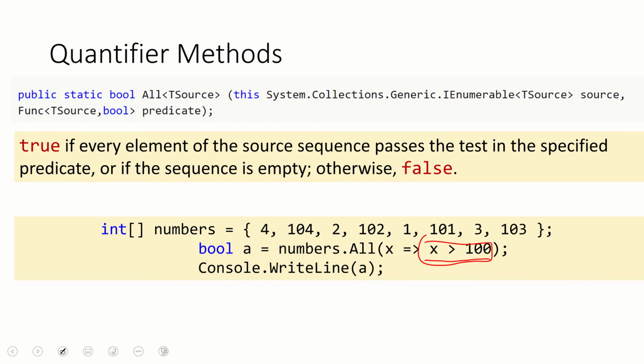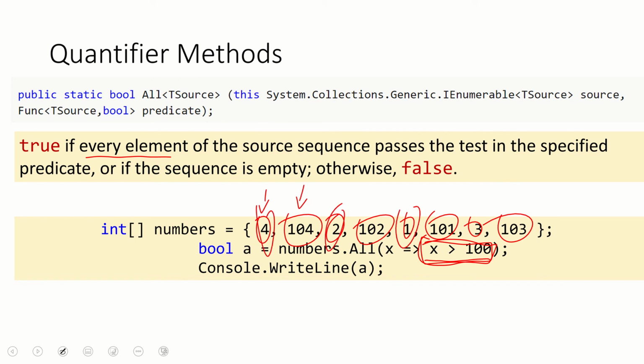So we want every element here to be greater than 100. This condition specifies that every element should be greater than 100. Obviously, if it is hard coded 4, 2, 1, 3, they are not greater than 100, so this method will return